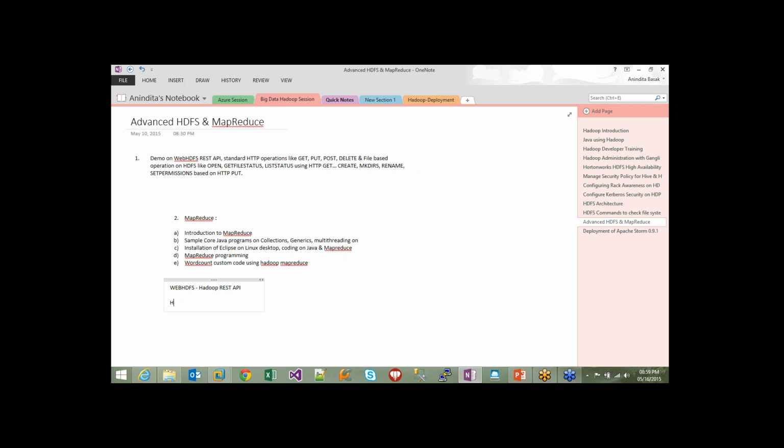So for that purpose, Hortonworks actually developed an additional API to support REST API based requirements, based on standard REST functionalities. So what is this WebHDFS REST API? The WebHDFS concept is actually based on standard HTTP operations